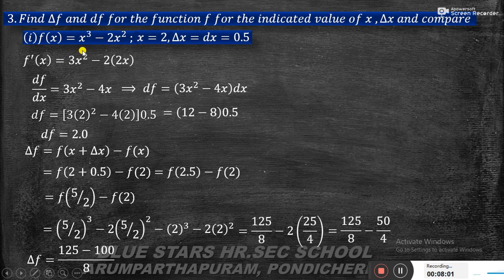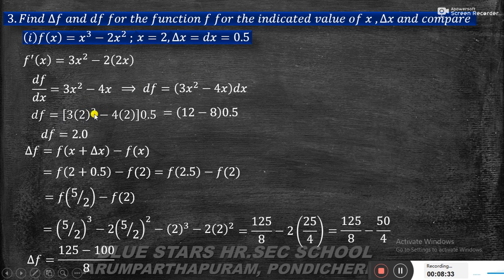Now differentiate with respect to x. So f dash of x equal to, that means I differentiate the x cube. Differentiation of x cube is 3x square, minus 2 into differentiation of x square is 2x. So in the next step, f dash of x, I write df by dx equal to 3x square minus 2 into 2, minus 4x. Therefore next I do the cross multiplication, df equal to 3x square minus 4x into dx. So in the next step, now I substitute x equal to 2,